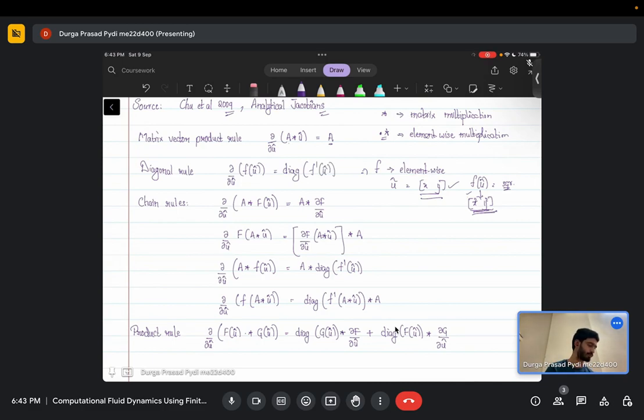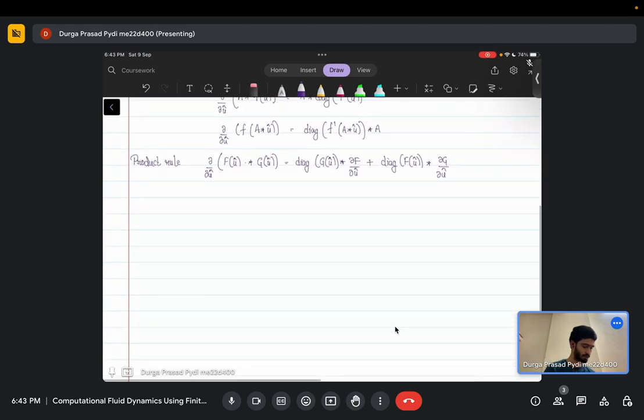So just to give you an idea, you have your u hat as (x, y) and f is a square function. So f of u hat will give you (x square, y square). My objective is to calculate del f by del u hat. So what it gives you is del x of x square,